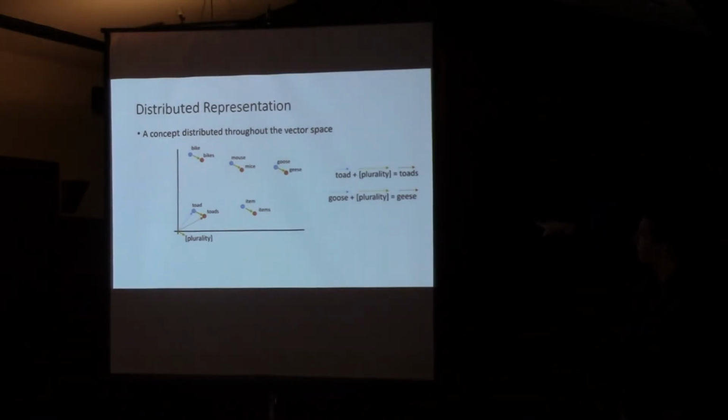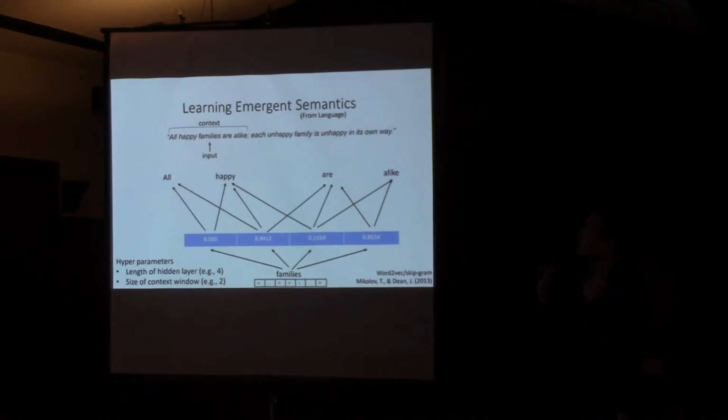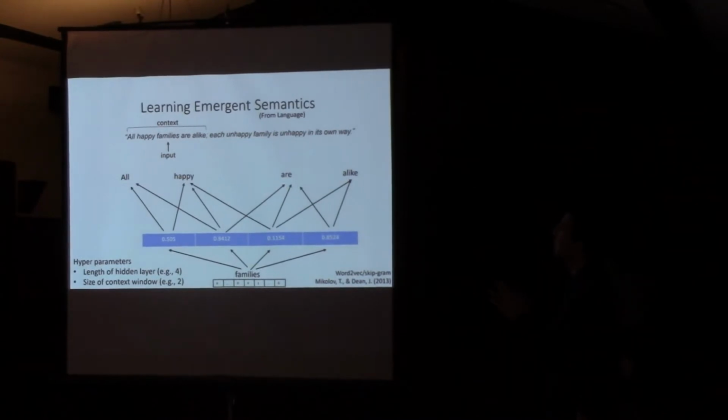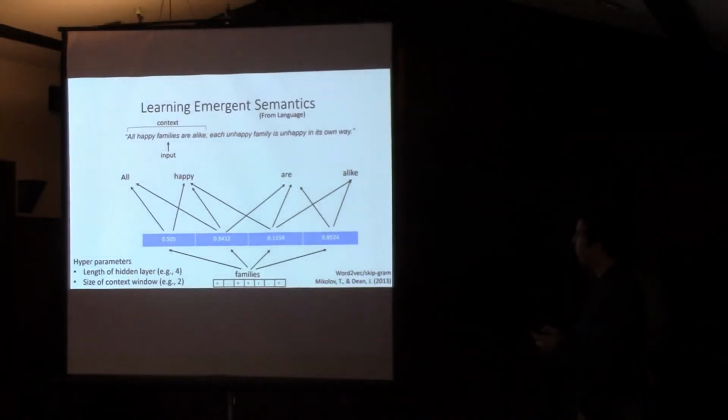Goose plus plurality equals geese, just like Hinton's: family member plus mother equals that person's mother, okay? Right, so plurality is the distributed concept. The other words are the literal words and their vector representations. I haven't said where we learned this from. That's just the basic concept of distributed representation. So this is how the model learns to represent those words in a vector space from what I'm referring to as big data.